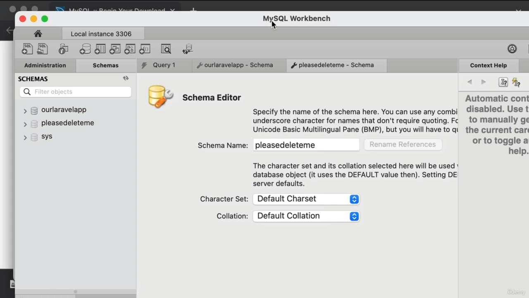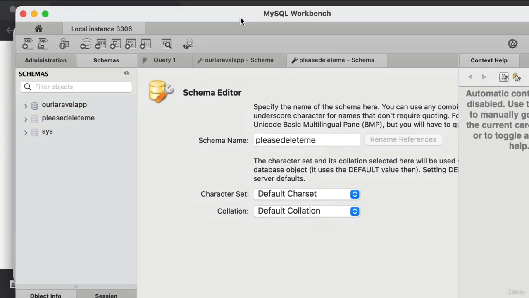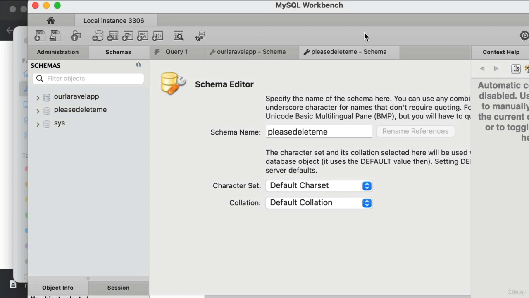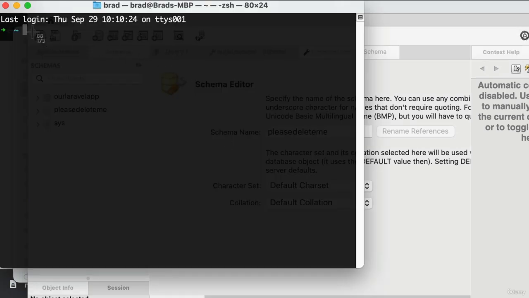In fact, in our very next lesson, we're going to use a PHP application like Laravel to connect to the database server, just like we're doing with Workbench right now. So right now, I want to show you how to connect to the database server from your terminal or command line. The reason I want you to be aware of how to do this is because